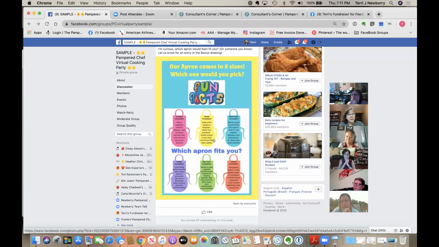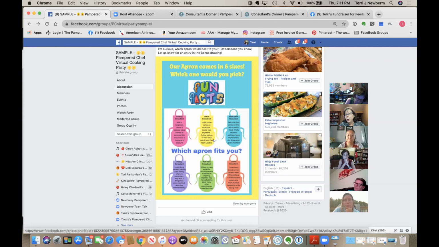But what we found is that's not necessarily the case. What it means is people are hosting parties, because virtual parties don't cost them a penny out of their pockets, right? They can host a party for free, it doesn't cost them anything, and they can take the free items and have the products that they want. The other thing is, people are looking for an income. They're looking for a side gig, and we can offer that to them.